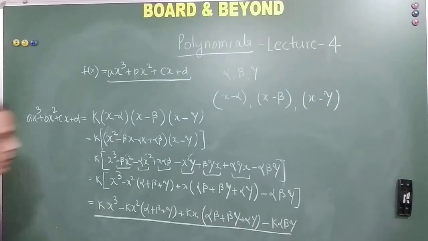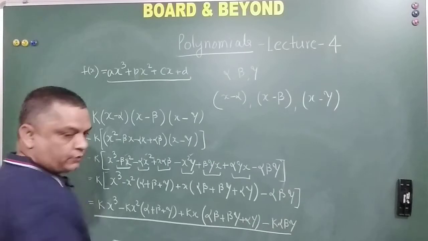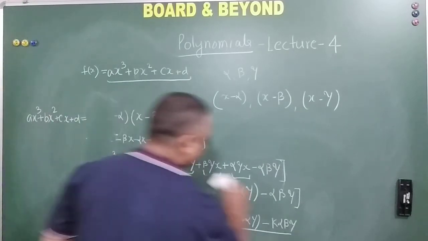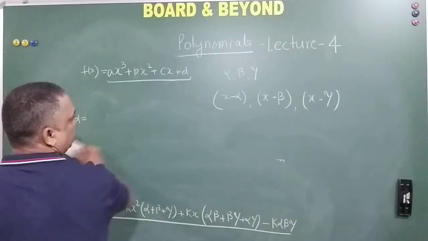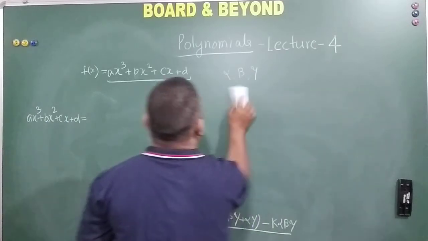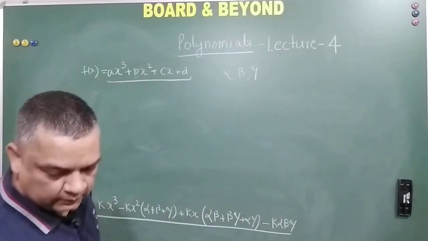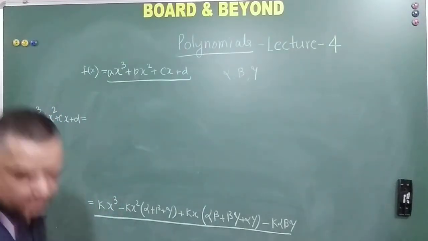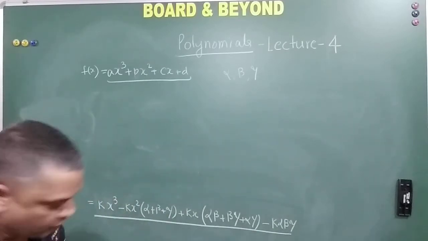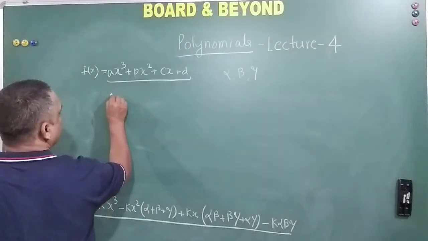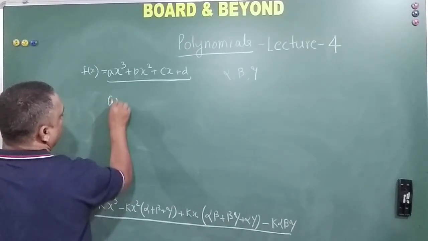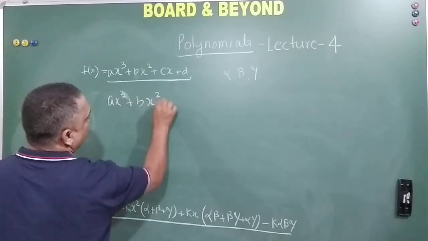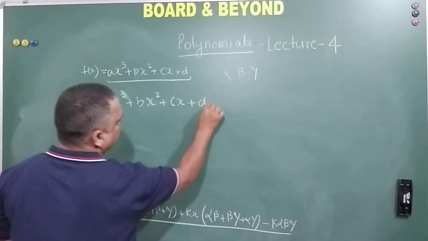This is the thing. Now what we do is that I will basically have to rub certain things off here. So I'll rub all this. I'll rub this also. Now I will write this also. I will write in the bold letters here. Okay. So this is, let me say, ax cube plus bx square plus cx plus d.